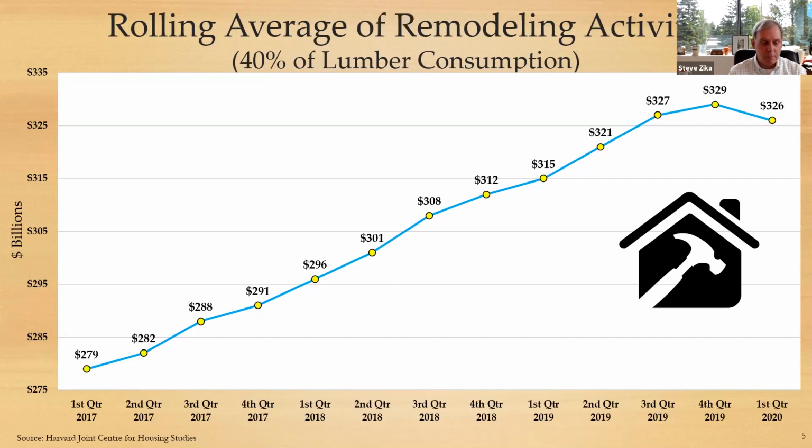What's interesting is Harvard Joint Center is one of the few entities that puts out forecasts and tracks repair and remodeling, because it's not easy to capture. It's in a variety of places. And for about the last 6 or 9 months, they've been predicting the repair and remodel was going to start going down, even before we had this recession or